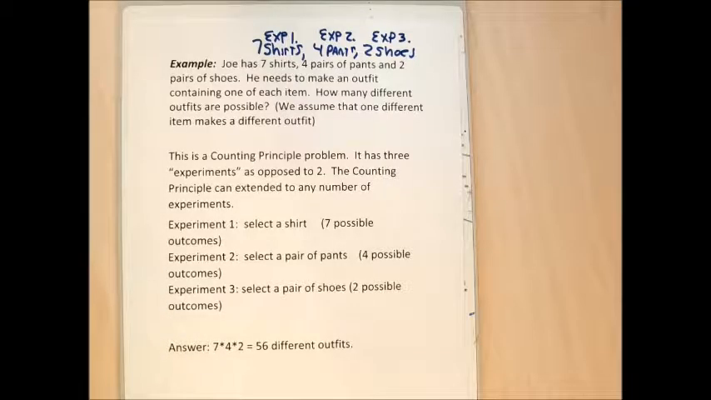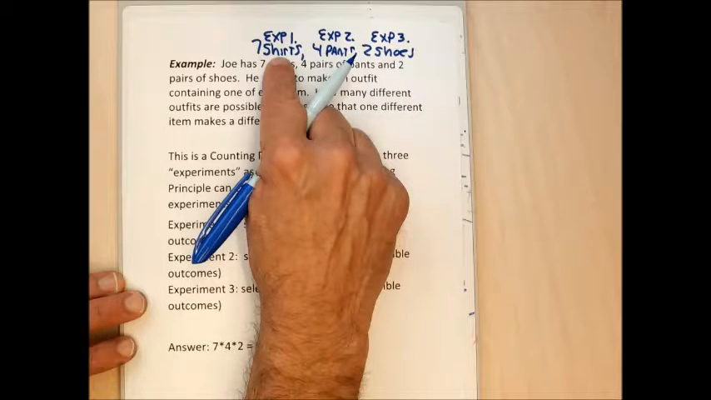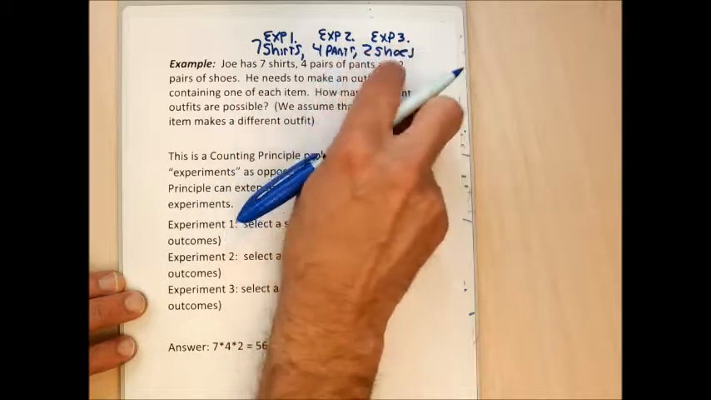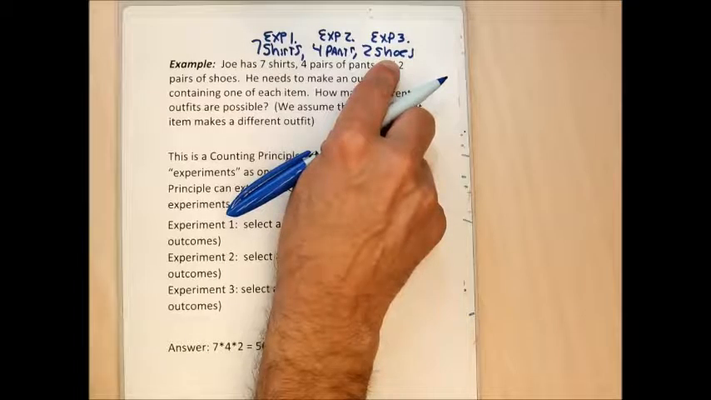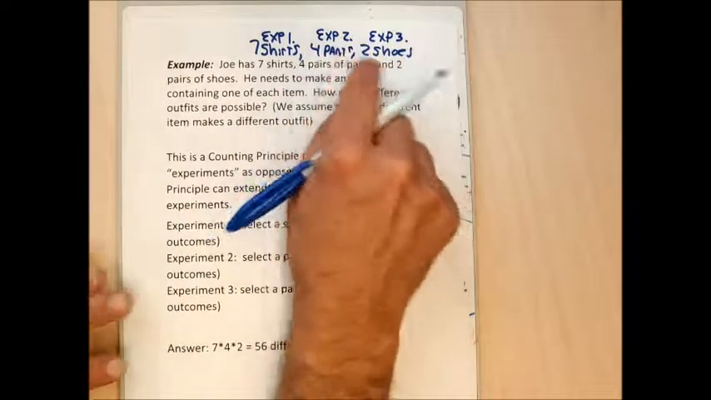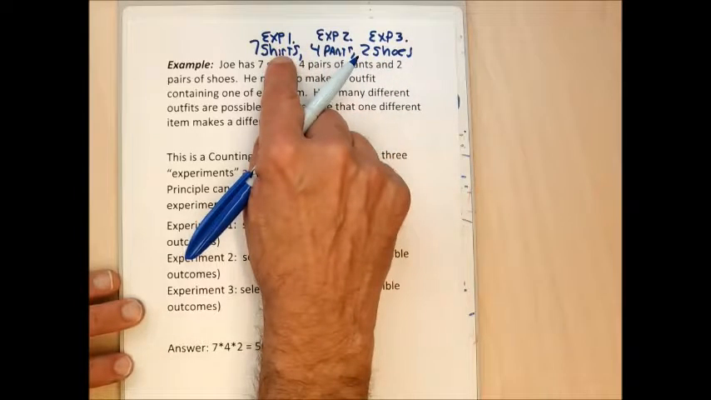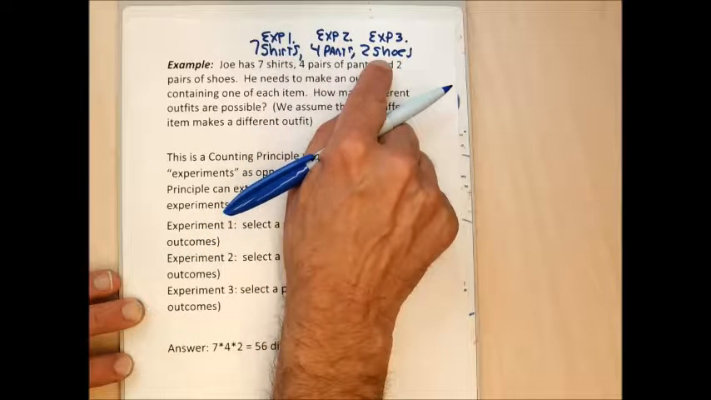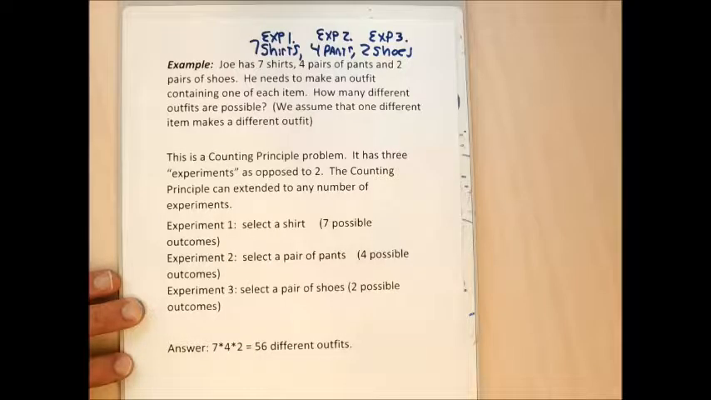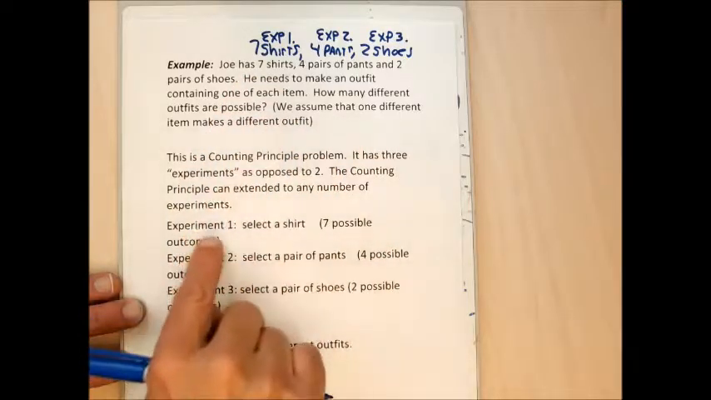So if Joe wears his gray khakis and his white button-up shirt and his black shoes, that's going to be different if he wears the same shirt and pants and wears his Vans shoes or something. So changing one of the 3 elements, the shirt, pants, or shoes, makes it a different outfit. Even if you have the same pants and shirts on, if you have different shoes, we'll count those as a different outfit. So to figure out how many different outfits are possible, I'm going to consider experiment 1, selecting a